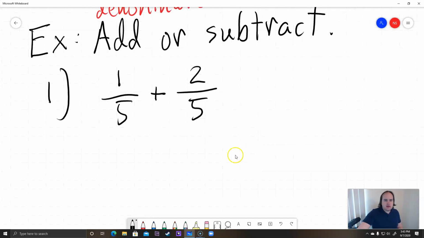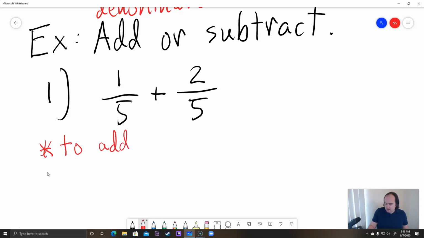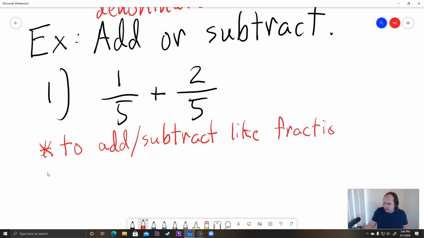Now, as you can see here, we have exactly the same denominator, so these are like fractions. So how do you add or subtract like fractions? Well, it's actually pretty straightforward. To add or subtract like fractions, in other words, fractions that have exactly the same denominator,